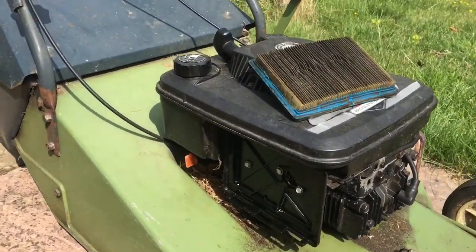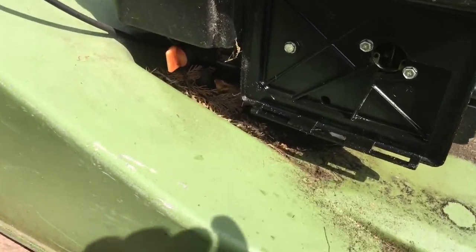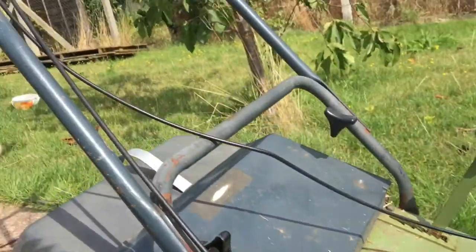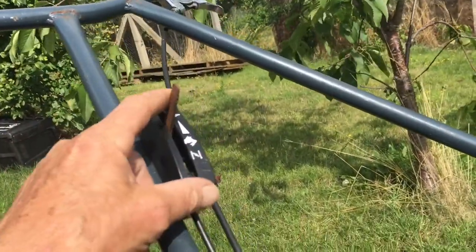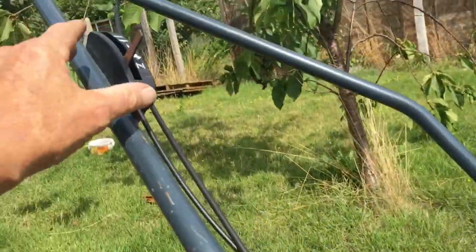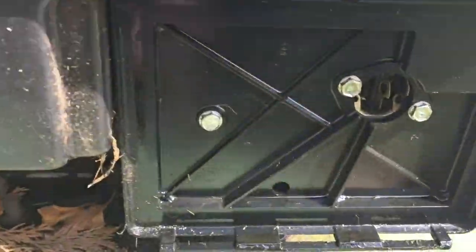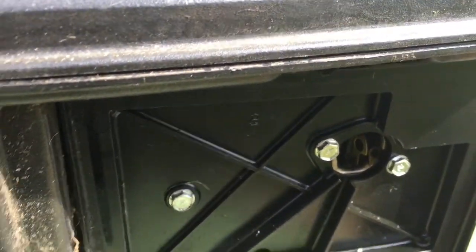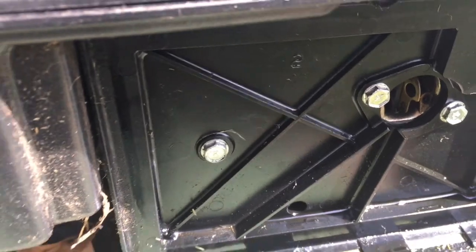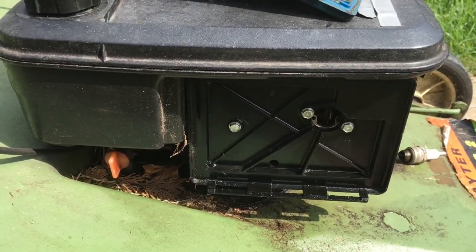And so what do I do now? Well, I've learned a lesson again. I know these things, but I thought the choke was on here. I thought it was way down here. But actually, it's just right, somewhere half in there. You see that? You see the butterfly valve there opening and closing? So I kept having it on choke instead of on run. So now that I know where that is,